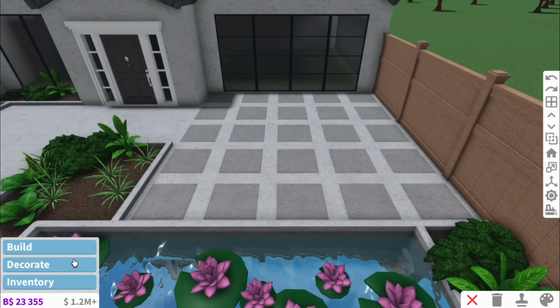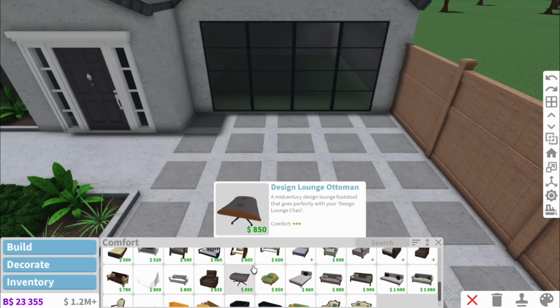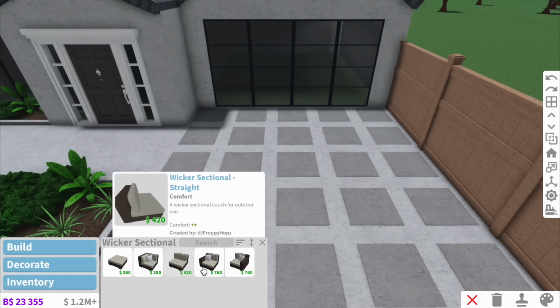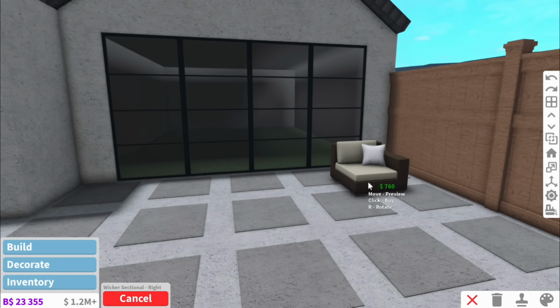And then I guess out here could be like a cool... I feel like there should be a word for an outdoor seating area. A patio. A forecourt. I like forecourt. Guys, this is my forecourt. 25 years ago, my grandfather...